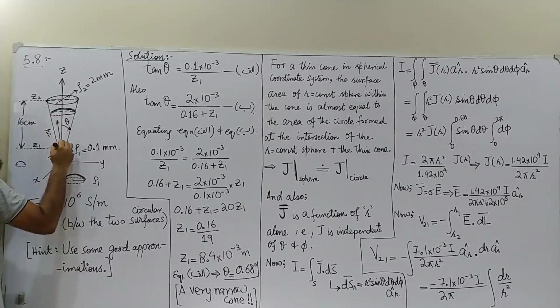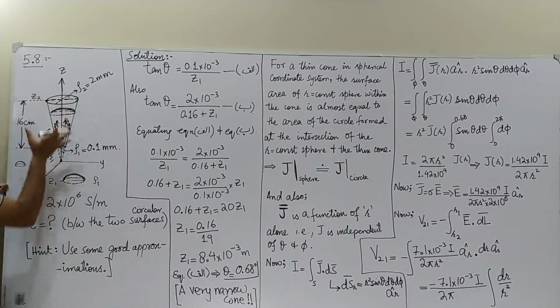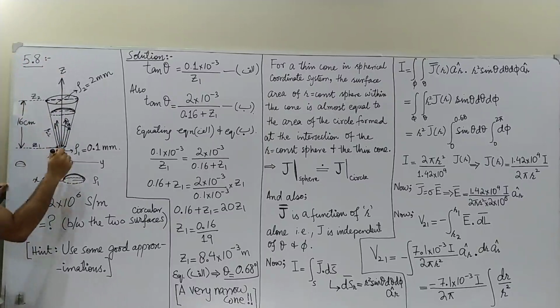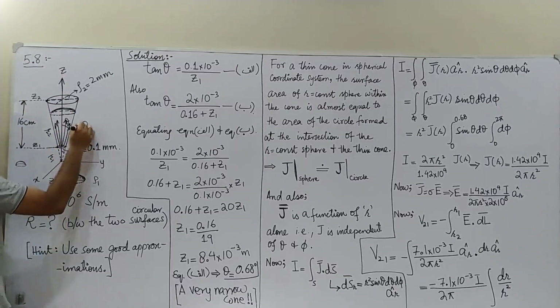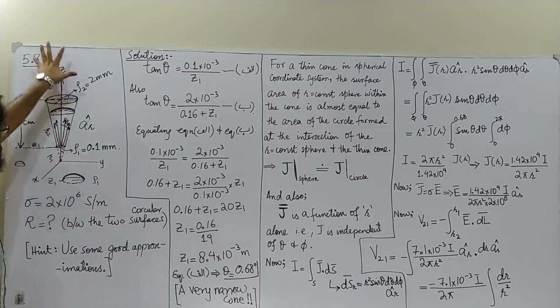So if you apply plus terminal here, minus terminal here, definitely the field which will be produced will be like this, in this fashion, plus here, minus here. So the electric field will be in this direction, which in spherical coordinate system is represented by AR. So the field will be in this direction,